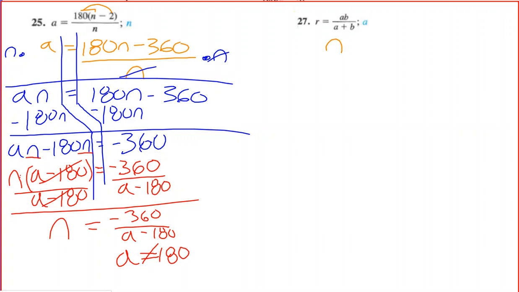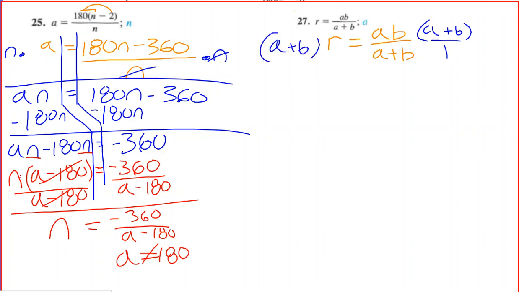We have r is equal to AB over A plus B. Well, I don't really love having the A in the denominator, so the first thing I'm going to do is multiply everything by A plus B so that I don't have any denominators to deal with right now. So multiply by A plus B, and that is over 1, of course. Multiply by A plus B, and so